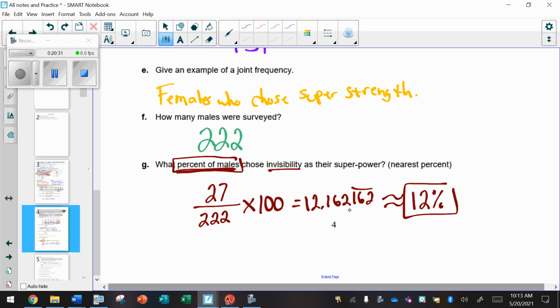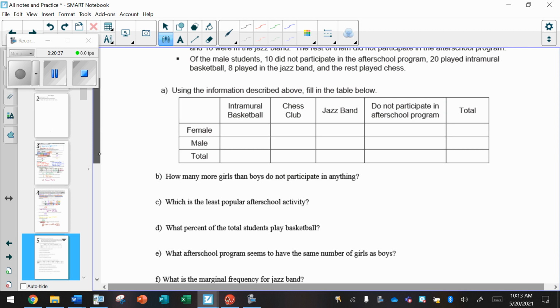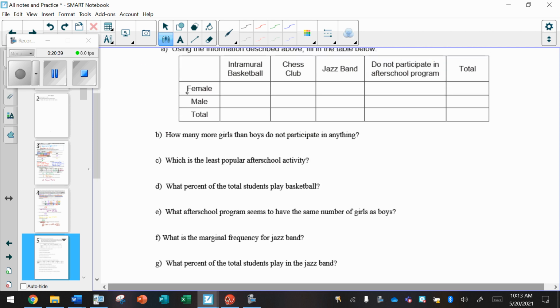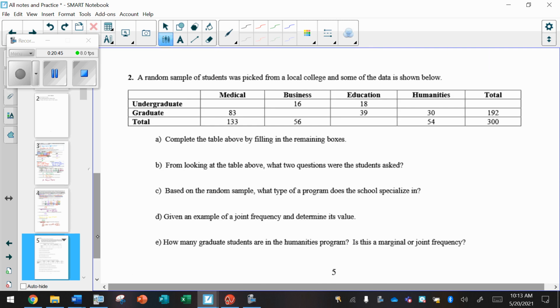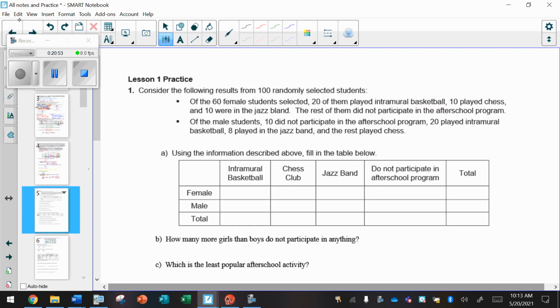Okay, so this is pretty easy, enjoyable. What I want you to do is finish the practice. There's another table here about identifying as a male or a female, and then after school clubs, and then graduate or undergraduate college programs and majors. Some nice, fun, easy questions. So finish that practice,